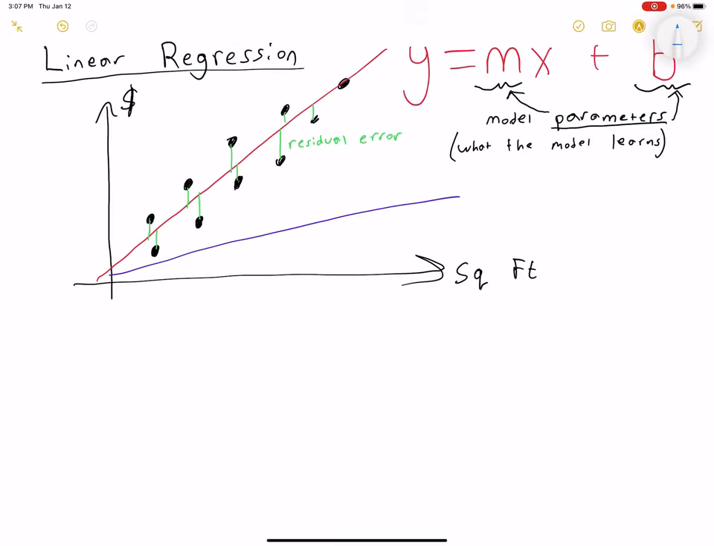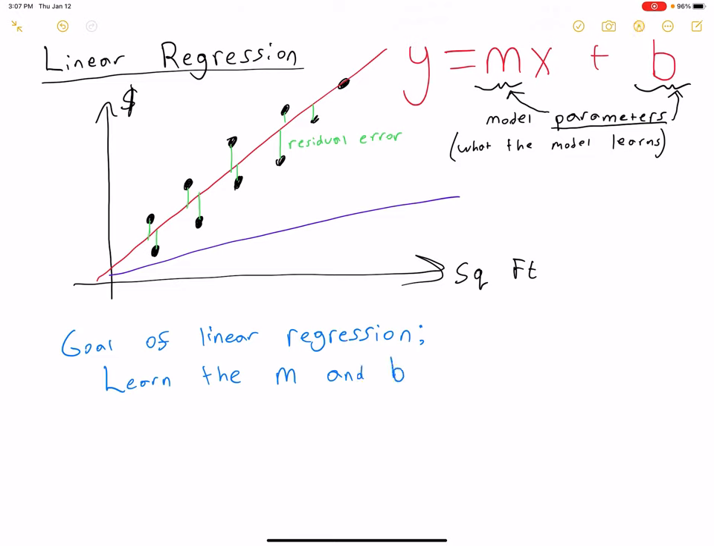So the goal of linear regression in a formal manner is to learn the M and B with